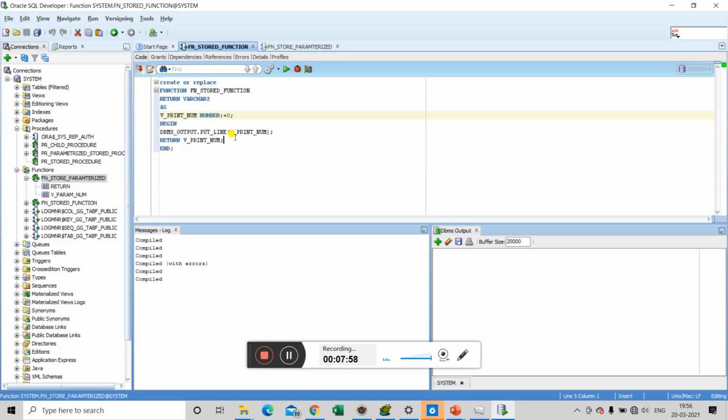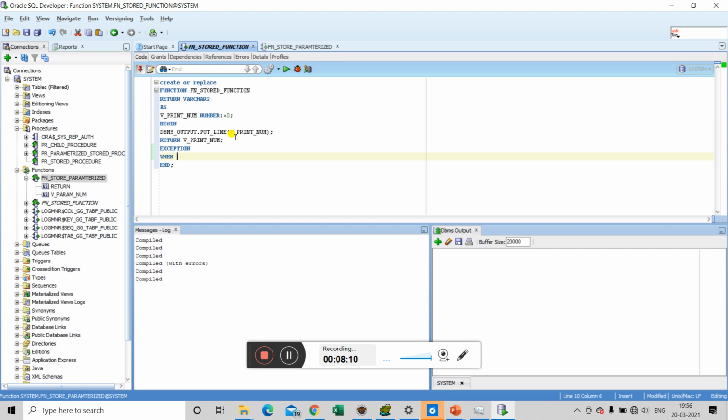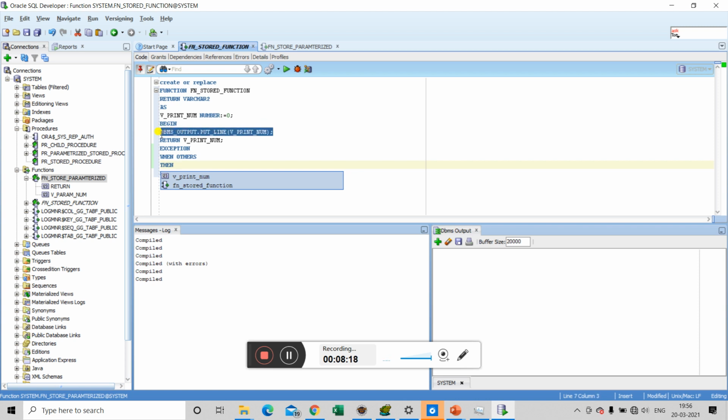First, start with the normal function. In this function, if you want to do exception handling, just write an exception block using the exception clause. Exception when others, then write simple logic to print a string saying that an error has occurred.